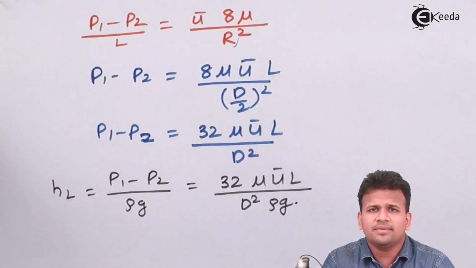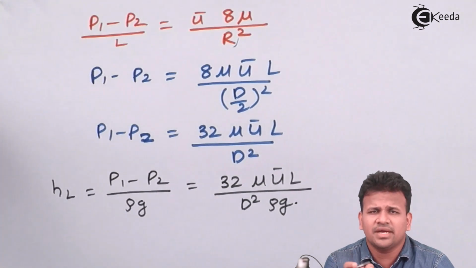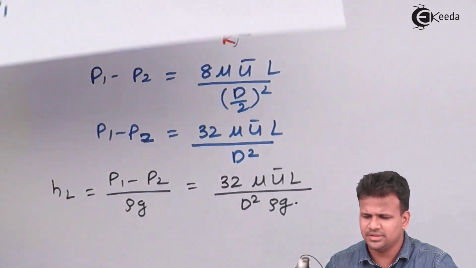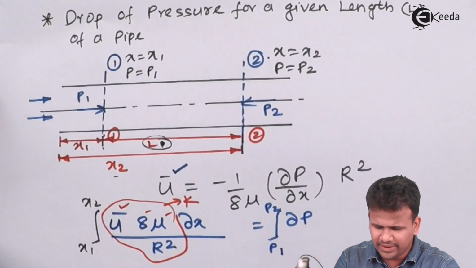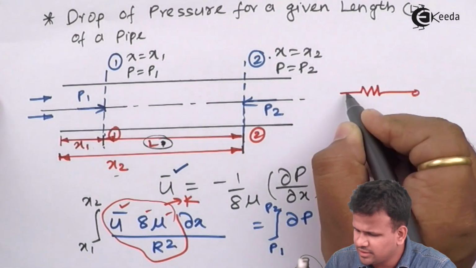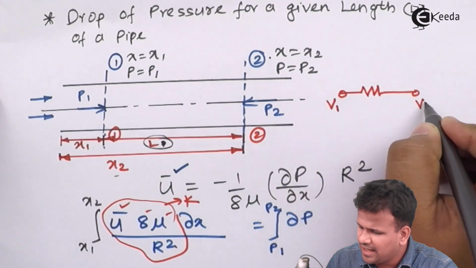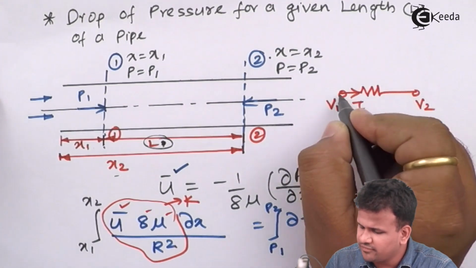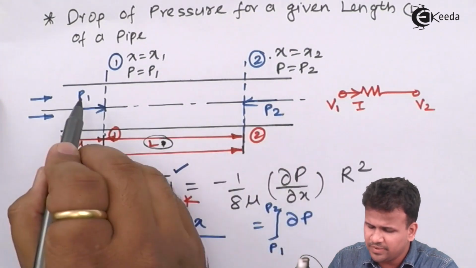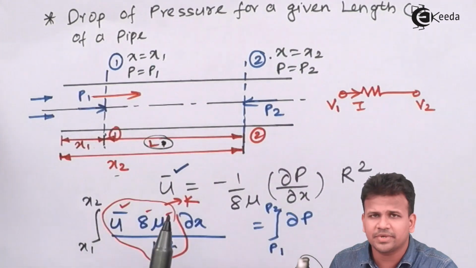Now what is head loss due to pressure? This is pressure head loss, that means as we go from the left hand side towards the right hand side, the pressure is going to decrease. This is similar to a wire conducting an electrical current. So if we have V1 and V2, then the current will flow from higher potential to lower potential. Similarly, if you have a pressure drop, then the fluid will flow from the higher pressure end to the lower pressure end.